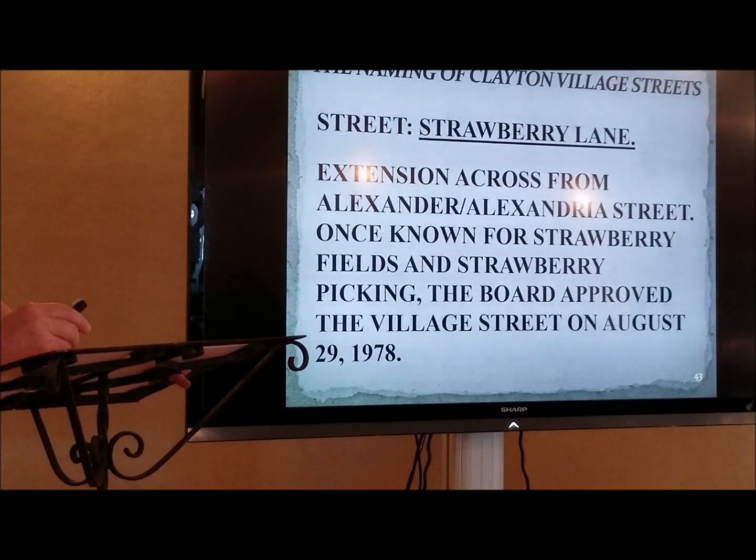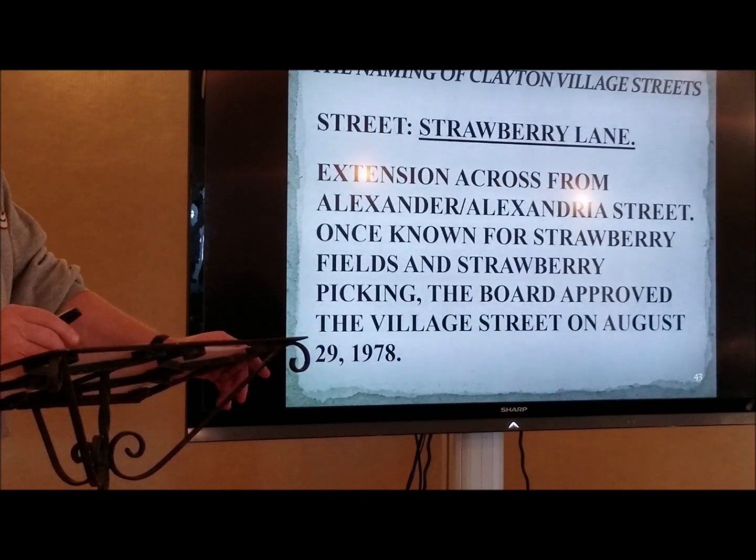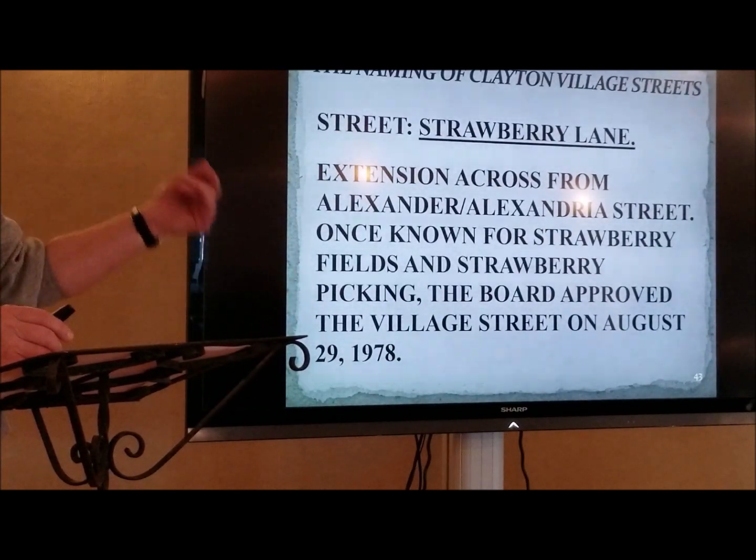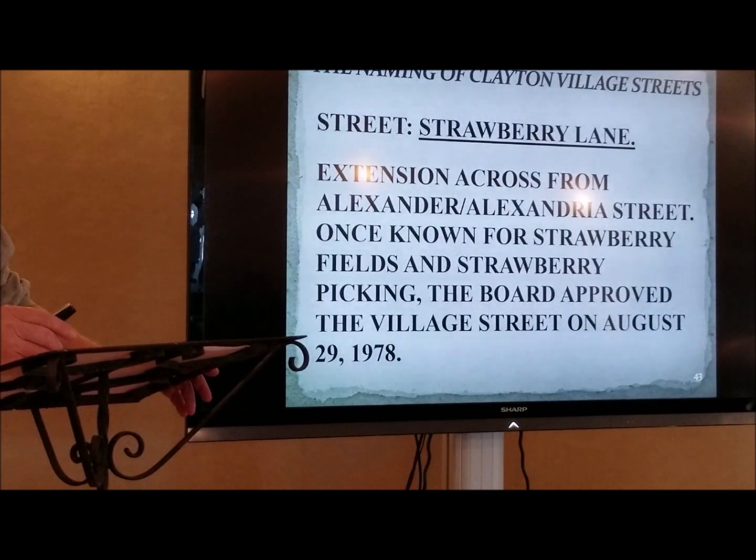All right. The board approved the village street on August 29, 1978. That's about the time buildings and the medical centers and things are starting to pop up. But that's when it got its formal